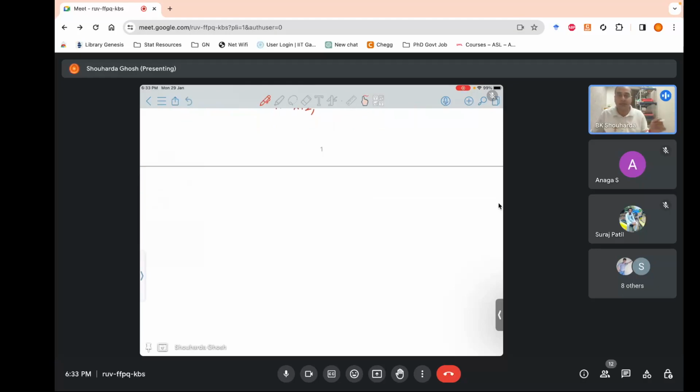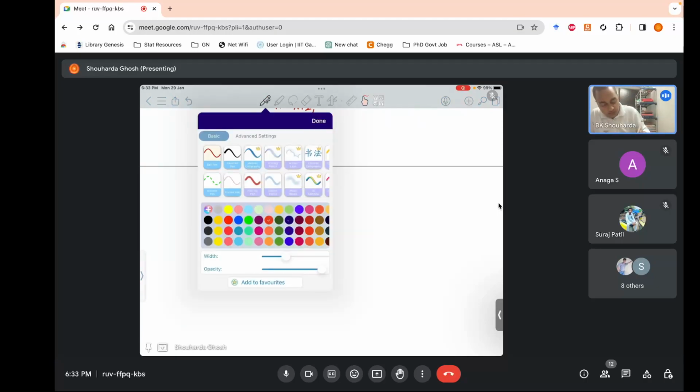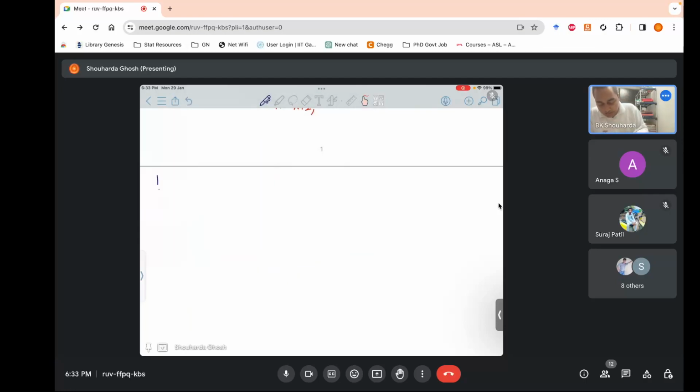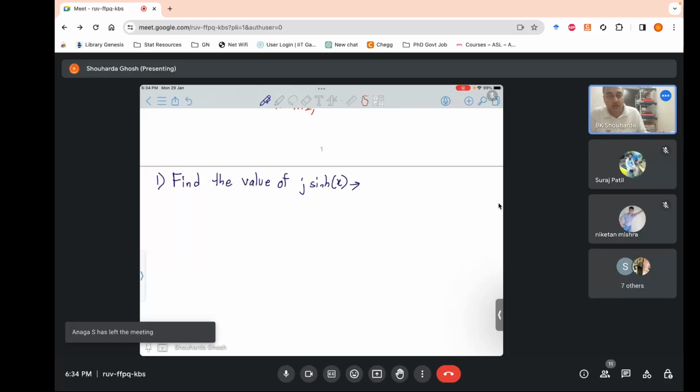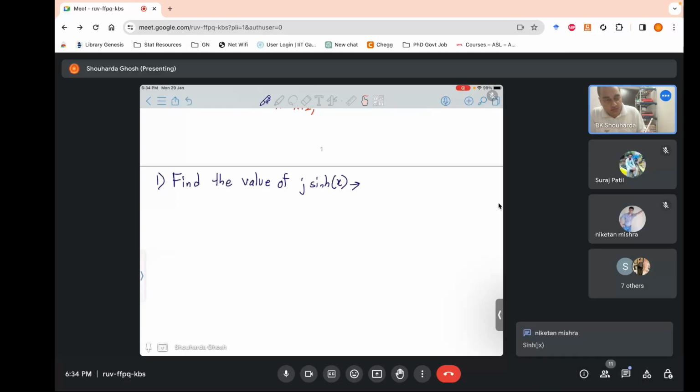Yeah, 2022, same time. Okay, so coming to problem number 1, it says find the value of j sine hyperbolic x. So the question starts with a hyperbolic function. Before we start with hyperbolic functions, let us look into the trigonometric functions and their connection with the exponential functions. So the first and foremost relationship is the...